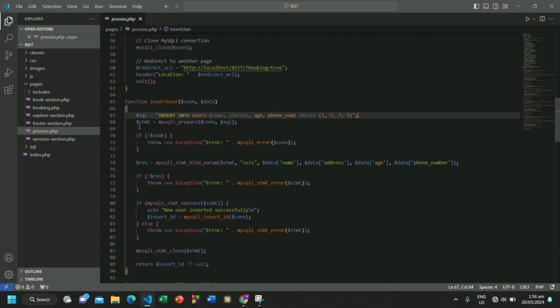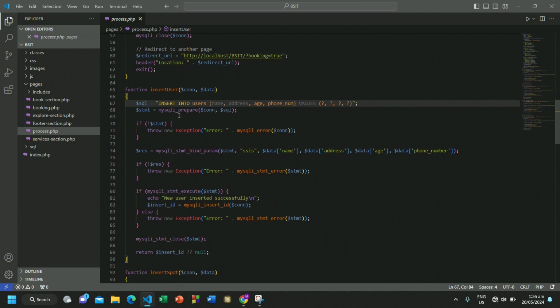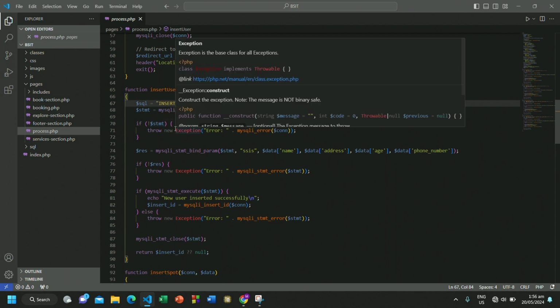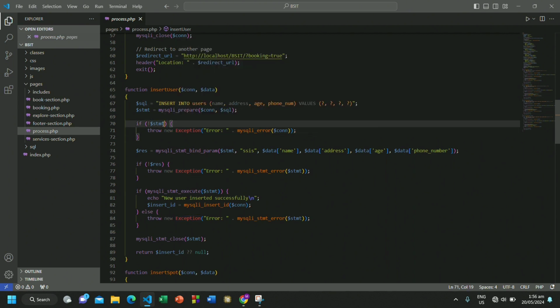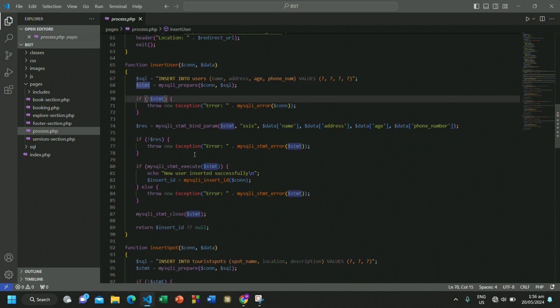Next, we have the statement variable here, stmt, which prepares our SQL queries using the connection. And next we check if the statement is not true, or if something about its connection to the server or the query is not correct, it will throw an exception and then echo out what that exception is.